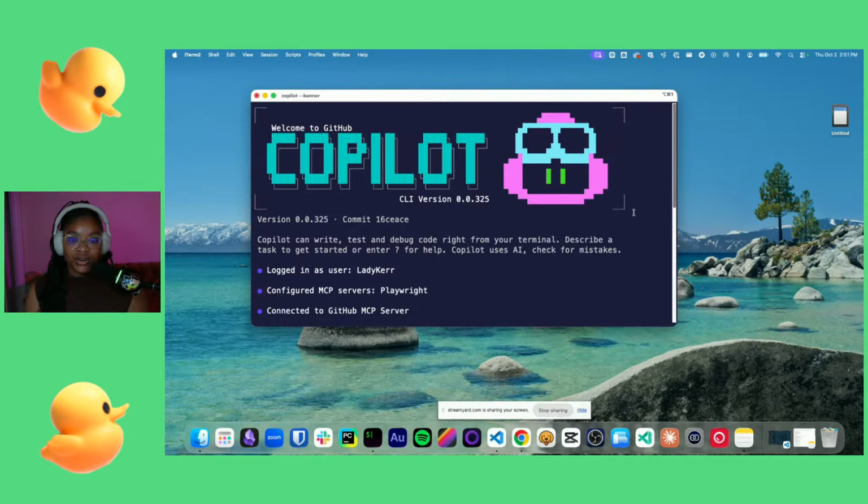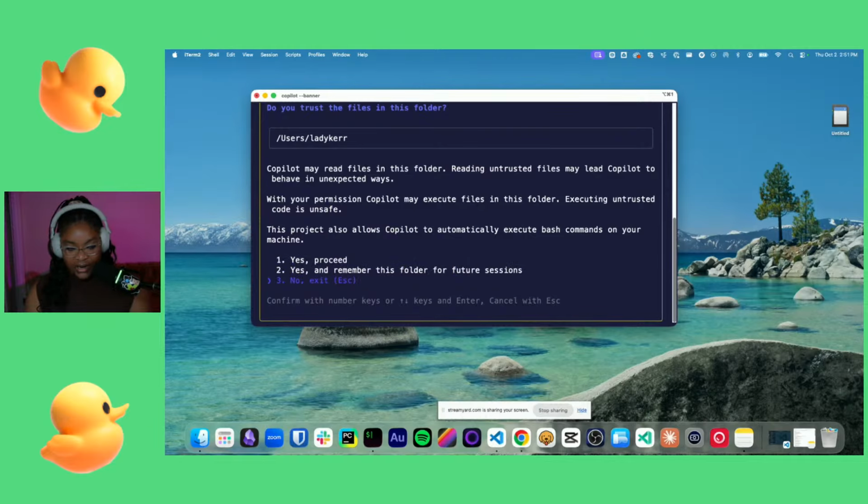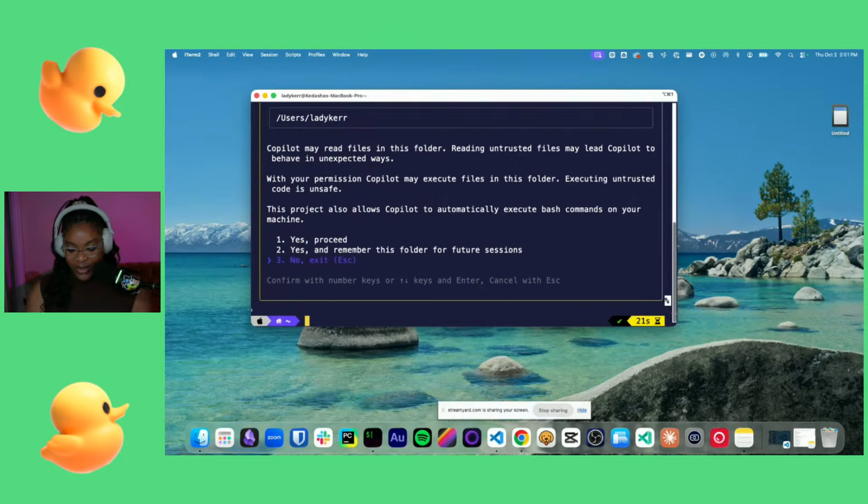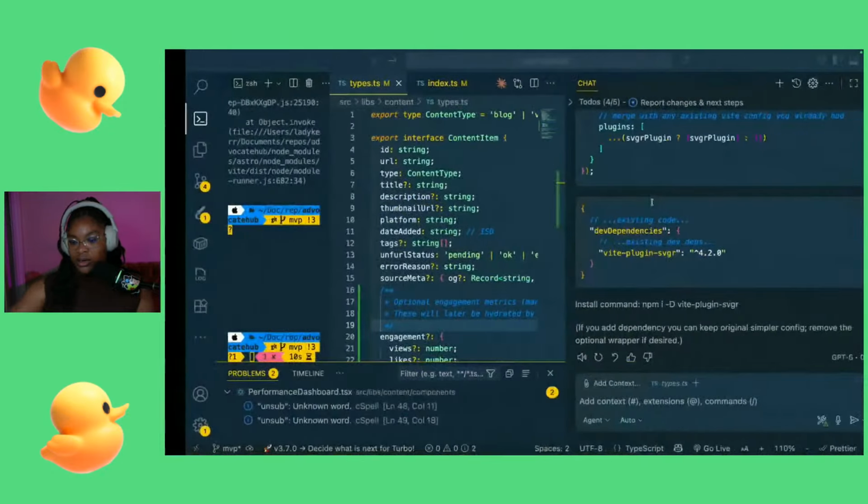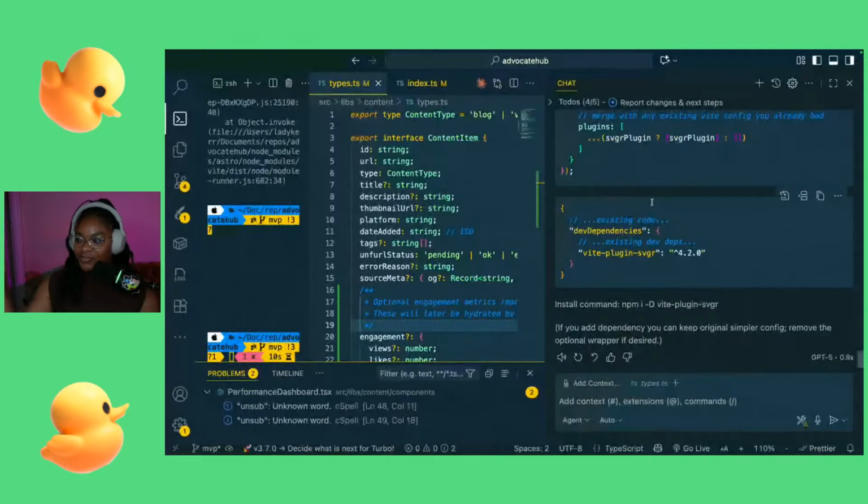So if building in your terminal is your jam, we have a solution for that, if you're tired of going over your token limits with Claude Code. But yeah, it depends. It's not so black and white.